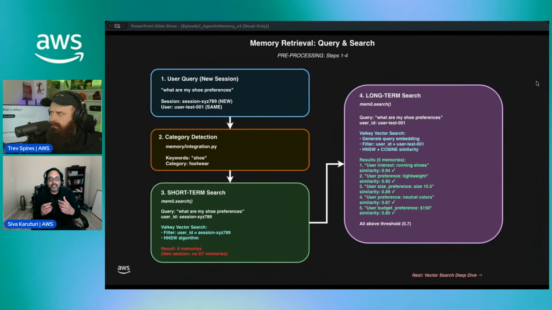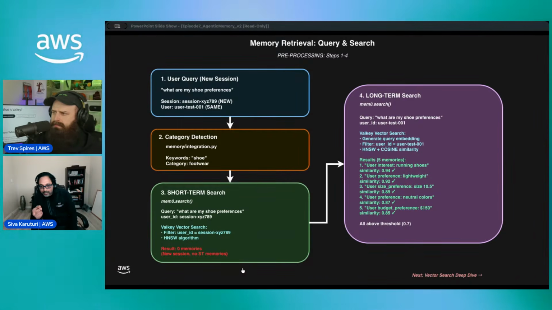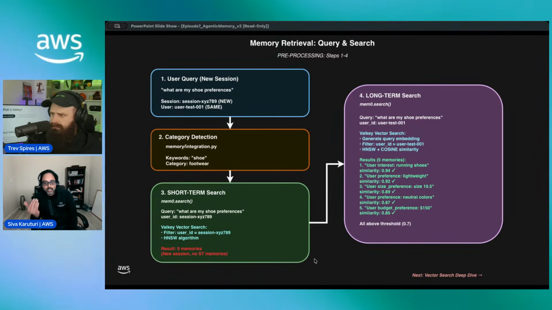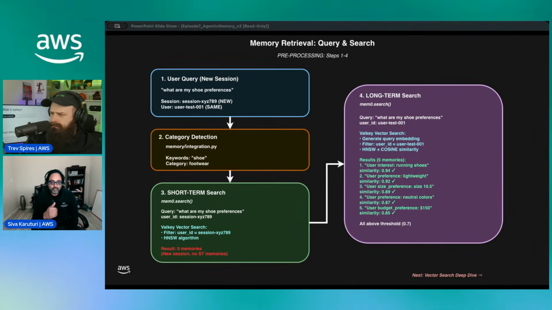It's going to say it's a close match, right? So it's going to go to the long-term memory here for that user ID, and bingo, it sees 5 different memories that are being stored. It's going to then use those 5 memories. If you go to the next slide,